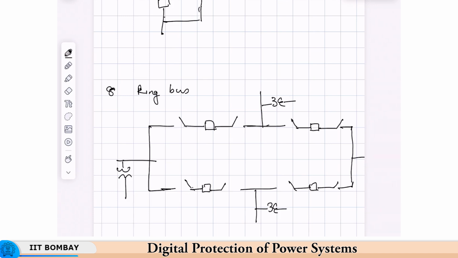So, you can see that physically or geometrically it is in the form of a ring, that is why it is known as a ring bus. Now, here the bus section between the transmission lines also forms the part of the line protection. So, there is no need to give a separate